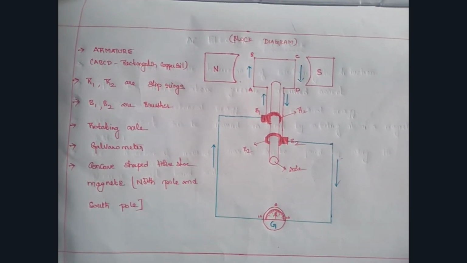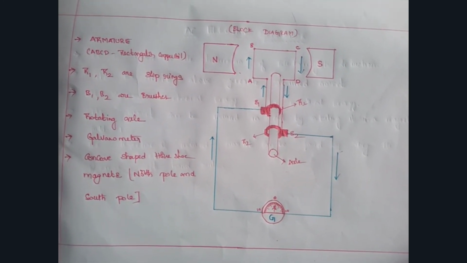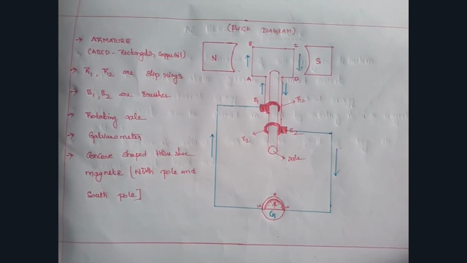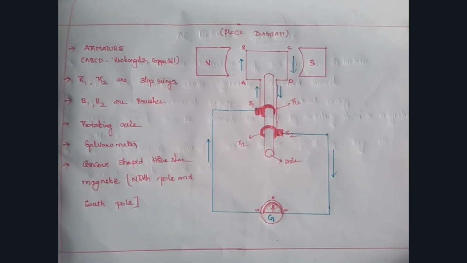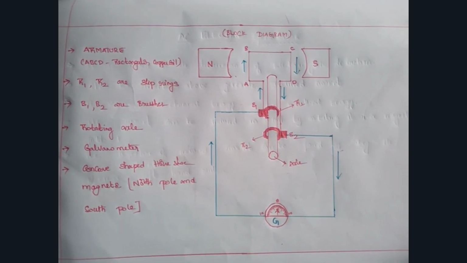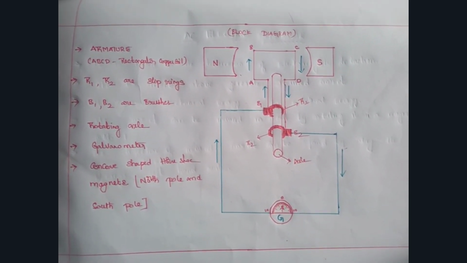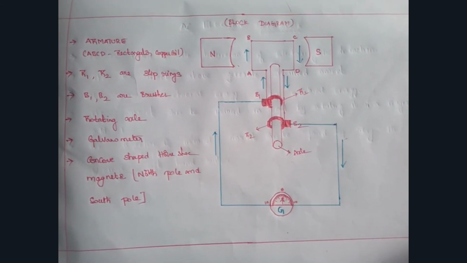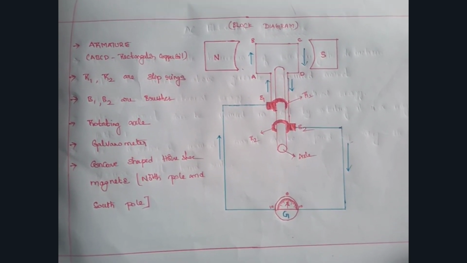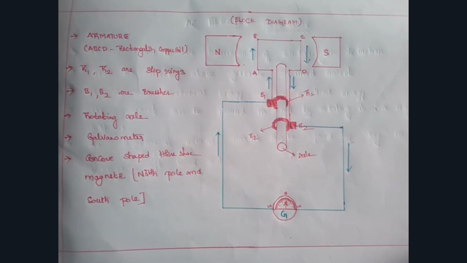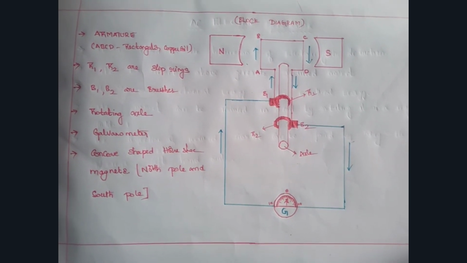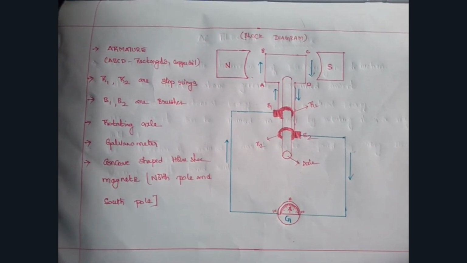Now the frequency of an alternating current is equal to the number of cycles completed in 1 second. So f is equal to 1 by T. In India, the frequency of AC is 50 Hz, that is 50 cycles per second. And alternating current is considered advantageous over direct current for large range transmission of electrical energy because it can be transmitted over long distances. So alternating current generators may be used in homes, industries and power stations.